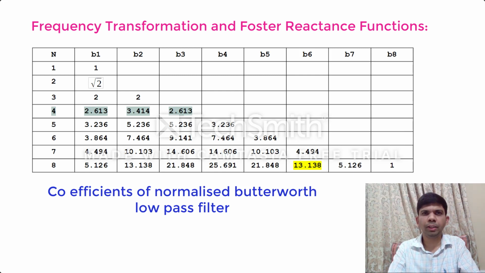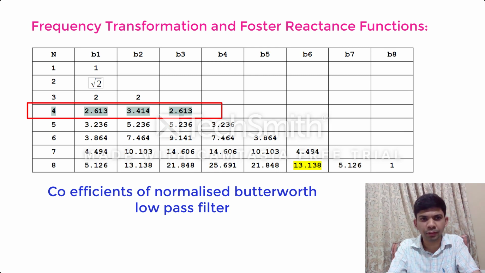Designing a low-pass normalized filter can be done either by using a certain set of equations or by referring to a table like the one given here. For example, if I want to write down the transfer function for a fourth order normalized low-pass filter, refer to the fourth row and we can write down H of s equal to 1 over s raised to 4 plus 2.613 s cube plus 3.414 s square plus 2.613 s plus 1. So this is the transfer function for a normalized filter.